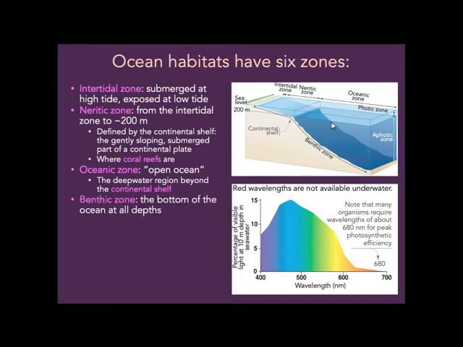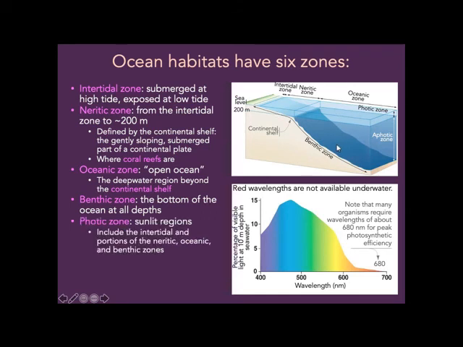All right, we also define things by whether they're on the top or the bottom of the water. So if something is benthic, that's the bottom of the ocean. So you can have a benthic zone here, in the intertidal zone. You can have a benthic part of the neritic zone or a benthic part of the oceanic zone. And then the photic zone is this little layer on the top that sunlight can reach. Actually all the intertidal zone is photic, and most of the neritic zone is photic, but in the oceanic zone, you only have this little bit that's photic, and then below that,